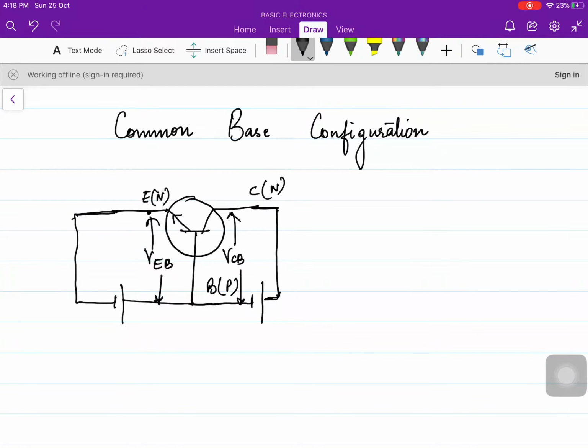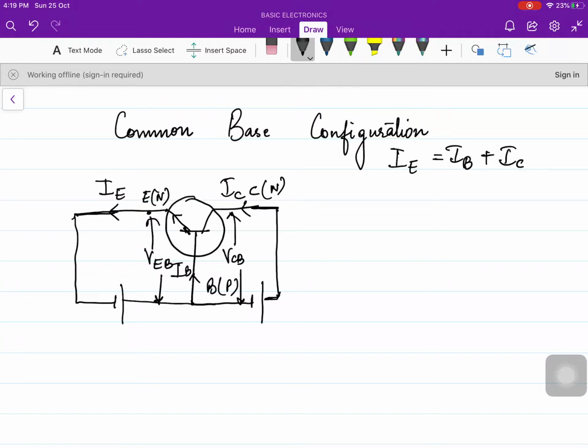Always remember, the emitter current direction is always shown to you. So this is IE. And now we have to draw the two currents, that is IB and IC, in such a way that the three of the currents satisfy the transistor equation. And what was the transistor equation? It was IE equals IB plus IC. So IE direction will always be shown to you through the symbol, and you have to draw IB and IC direction in such a way that the three of the currents satisfy the transistor current equation. So it will be like this: IB and IC.